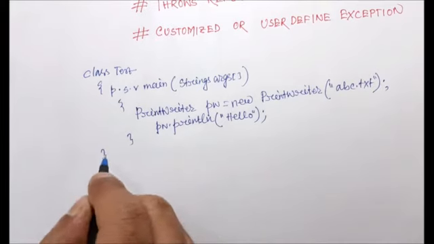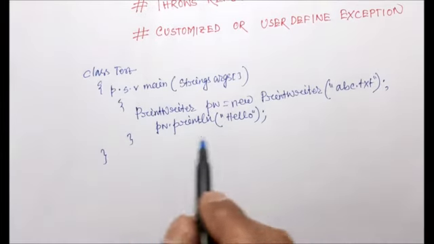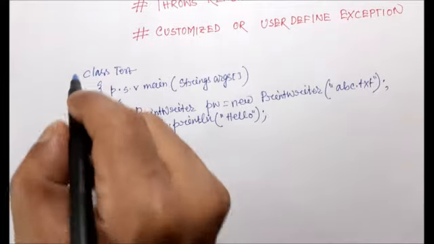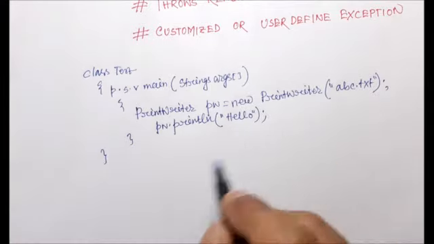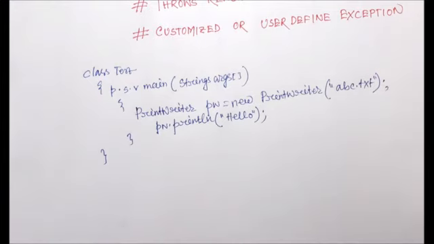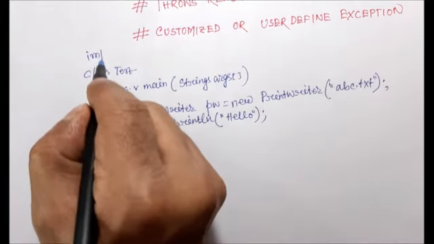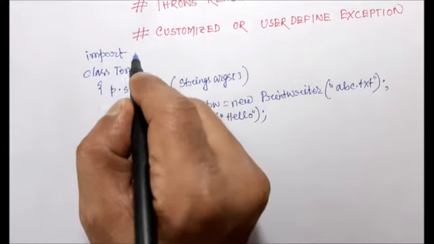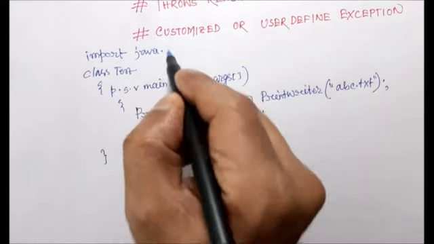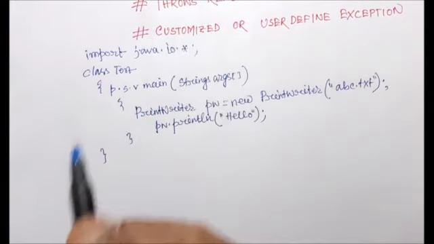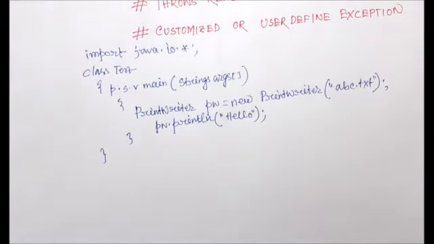Now look at this. Here I am creating a PrintWriter object, so I have to import it. Basically it's an input output class, so let me import java.io.*. Now it is okay. Now tell me whether I am going to get a compile time error or a runtime error. Think about it. Obviously it is a compile time error.